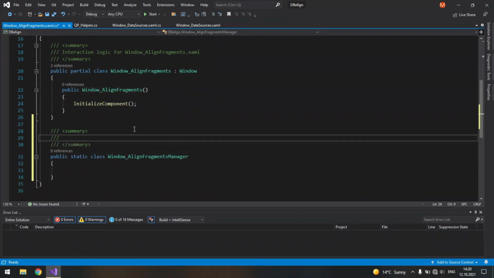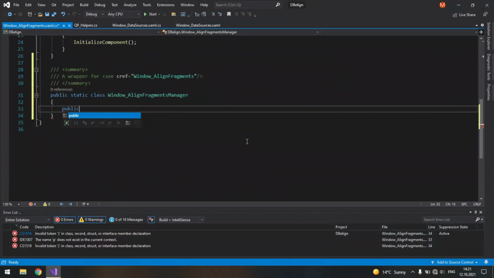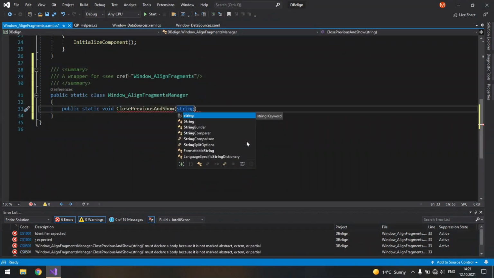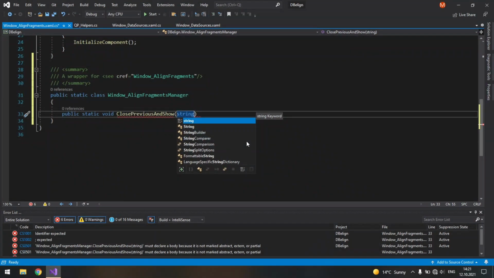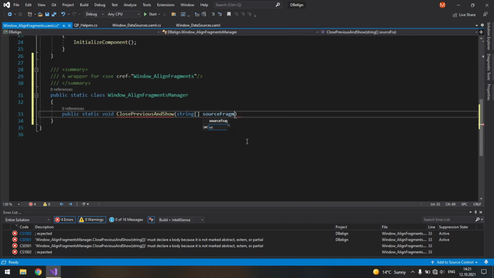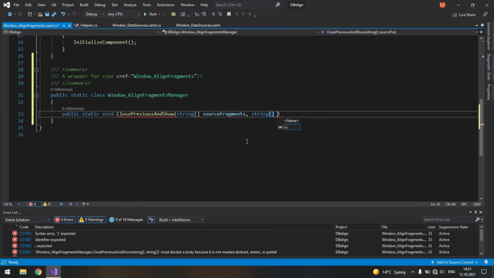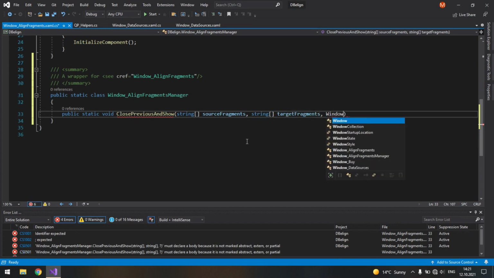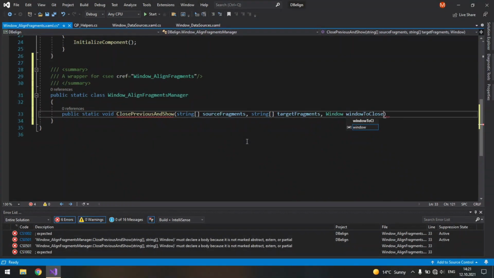Let's give it a summary, a wrapper for window align fragments, and it will have a method. So public static void close previous and show. It will accept the parameters that we need, in this case two string arrays for source and target fragments. So source fragments, then another string array target fragments, but also a window to close. So window to close.